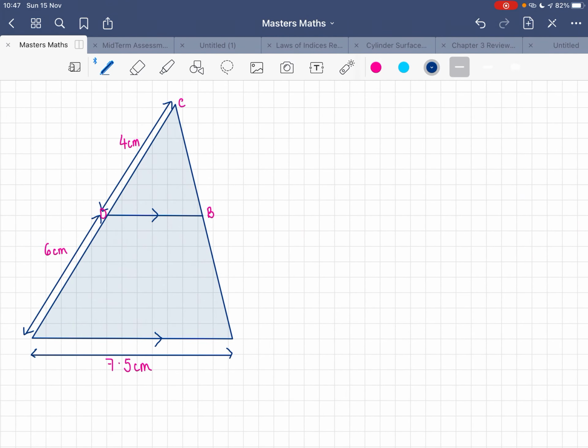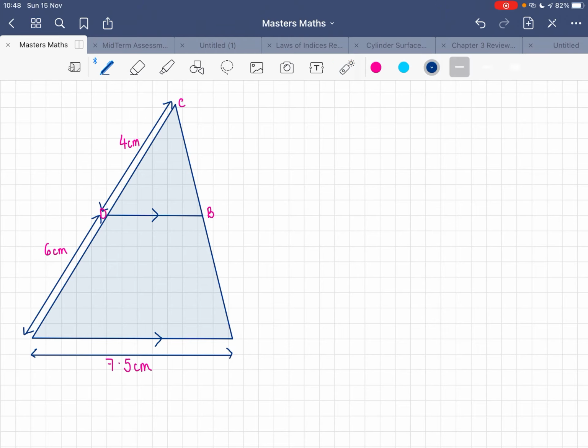We have two similar triangles here, but one is within the other. So you have this small triangle, which is nice and easy to see here, but you also have the big outside triangle, and those two shapes would be similar. These arrows mean that these lines are parallel, and that helps you know that they are similar. And again, the question would tell you, it would say